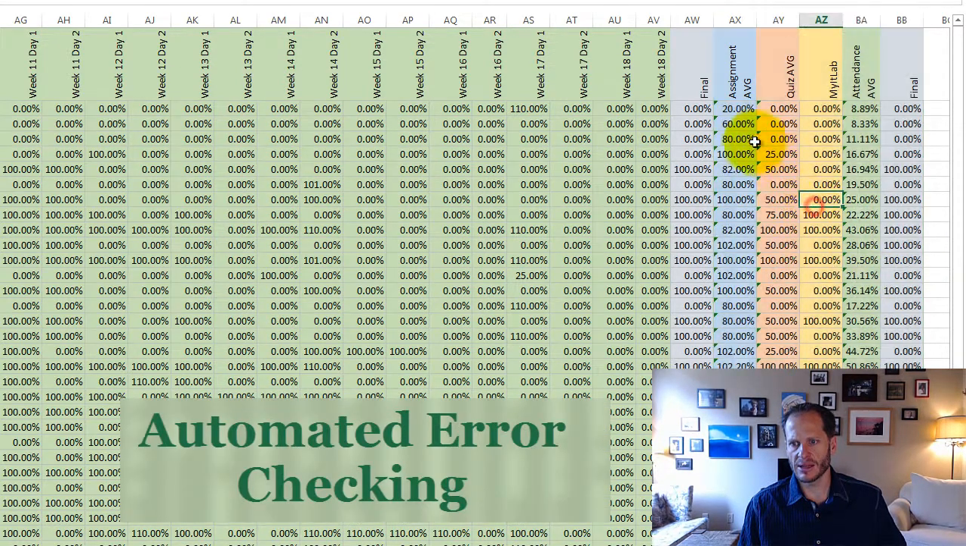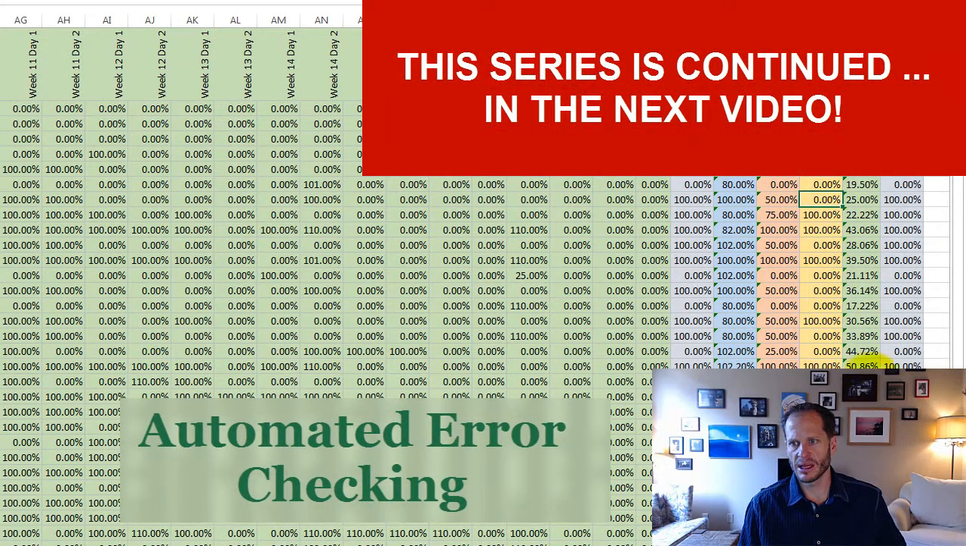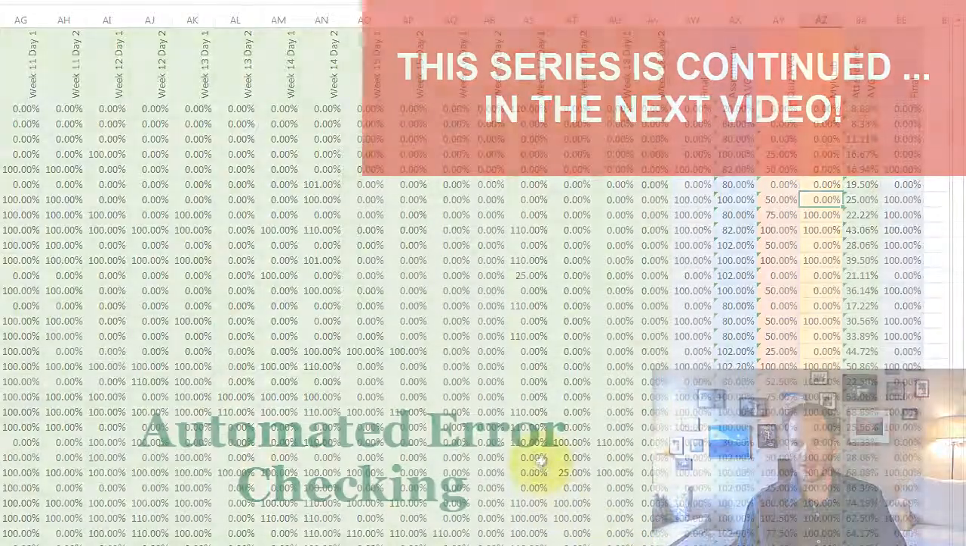I'm just briefly glancing through here to make sure that there aren't any averages which are like crazy big. All right. So let's say that